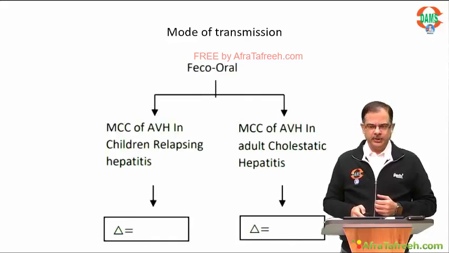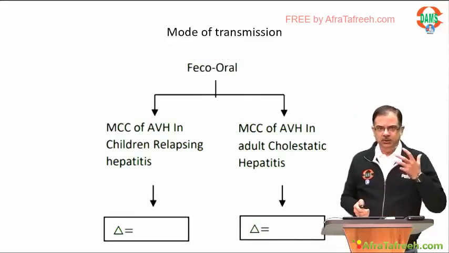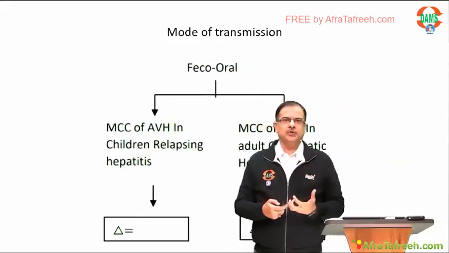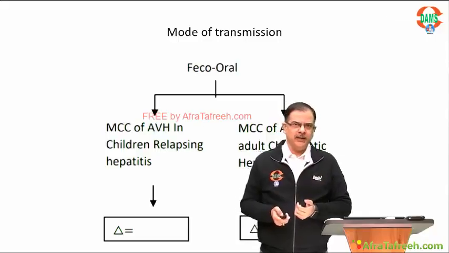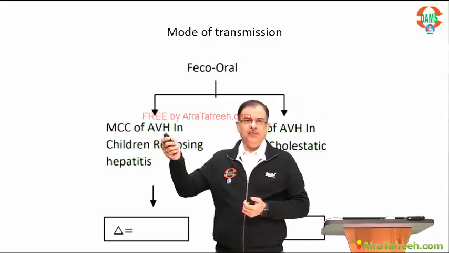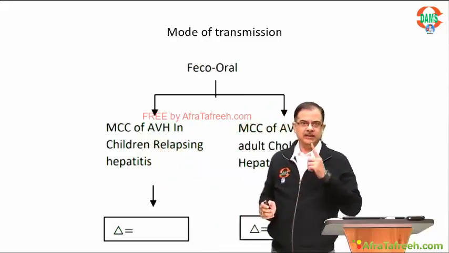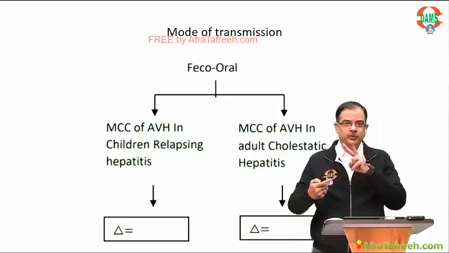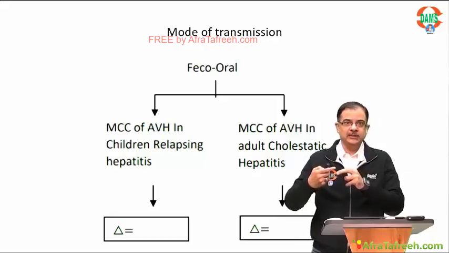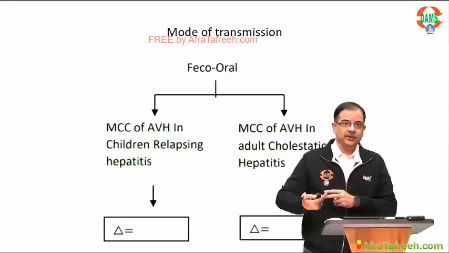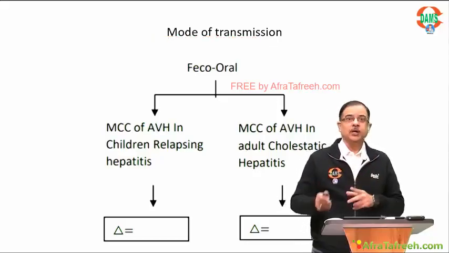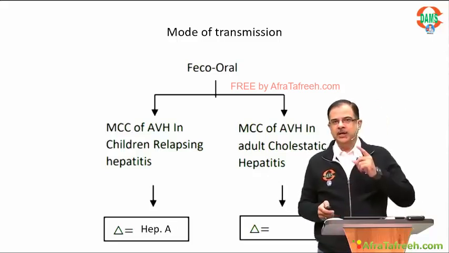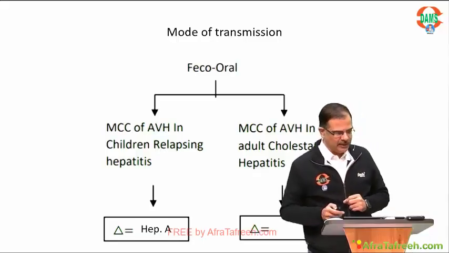Fecal-oral mode of transmission is present. So a child age group is given, like a school bus or a school class went for an outdoor picnic. So it is the most common acute viral hepatitis in children. Second feature, within the acute phase there are two episodes of jaundice. Hepatitis jaundice relapse within the acute phase, 2 times jaundice attack comes. So this is a classical feature of hepatitis A. Hepatitis A will be the answer here.